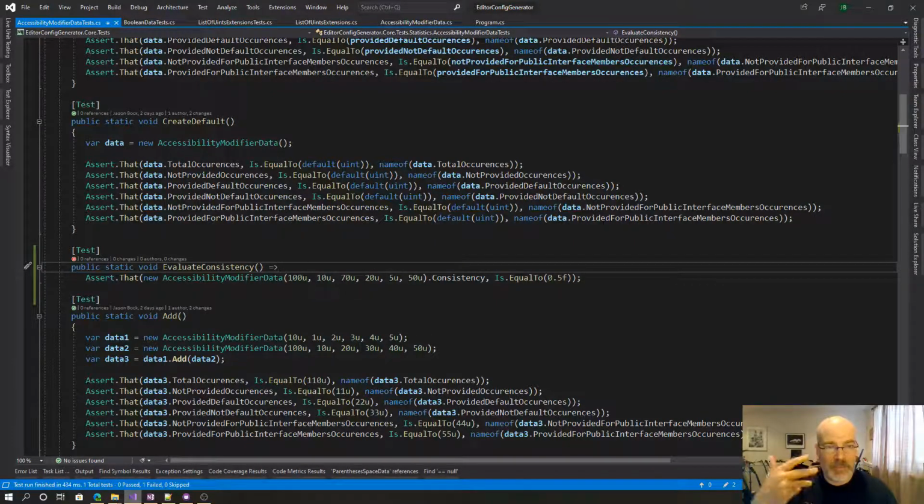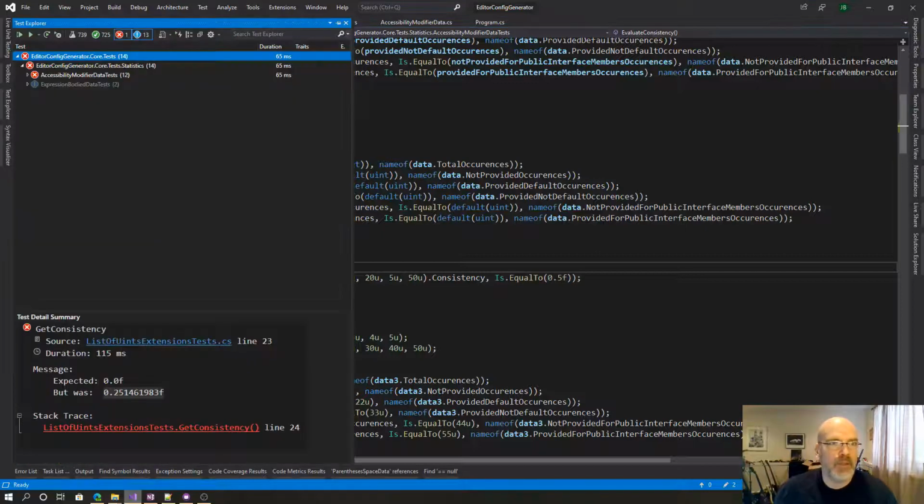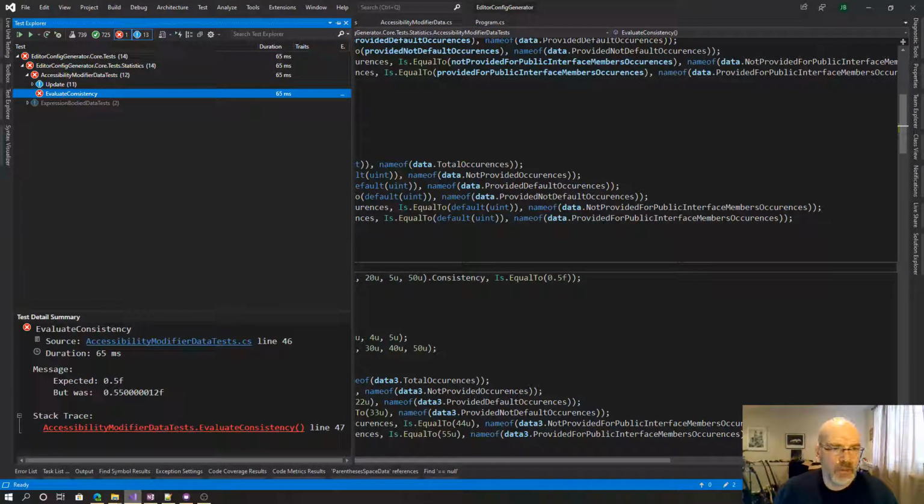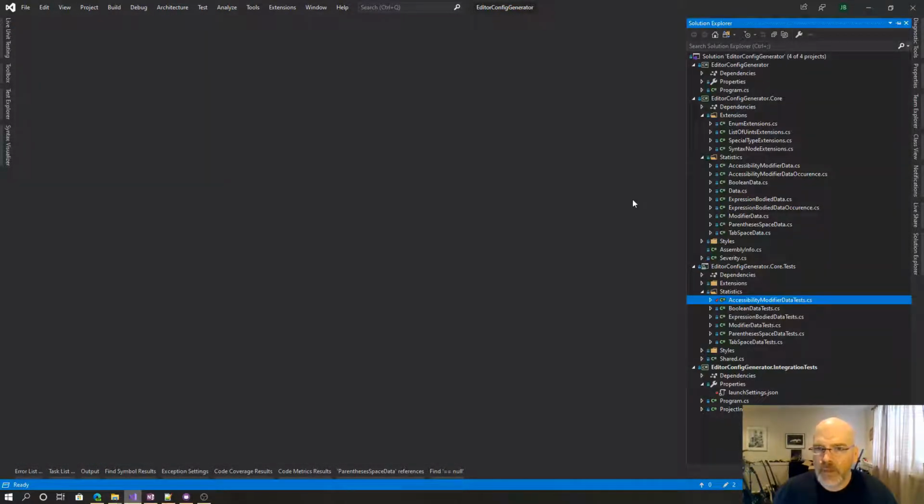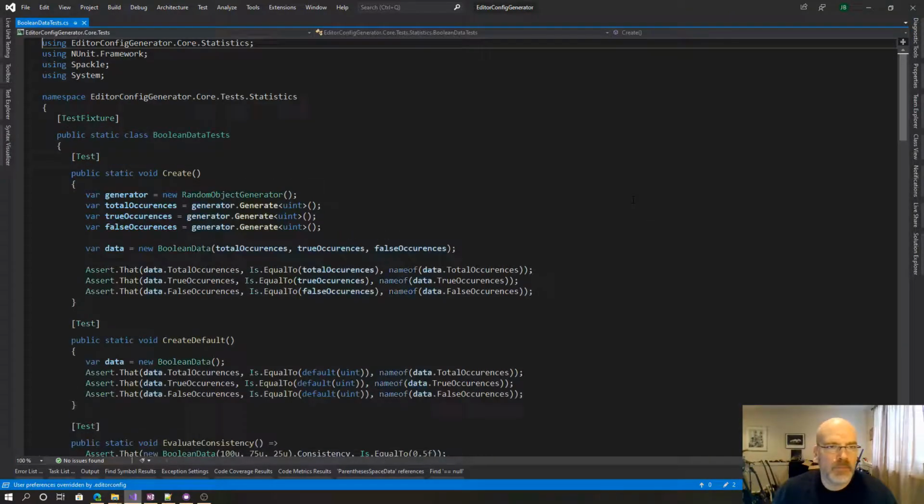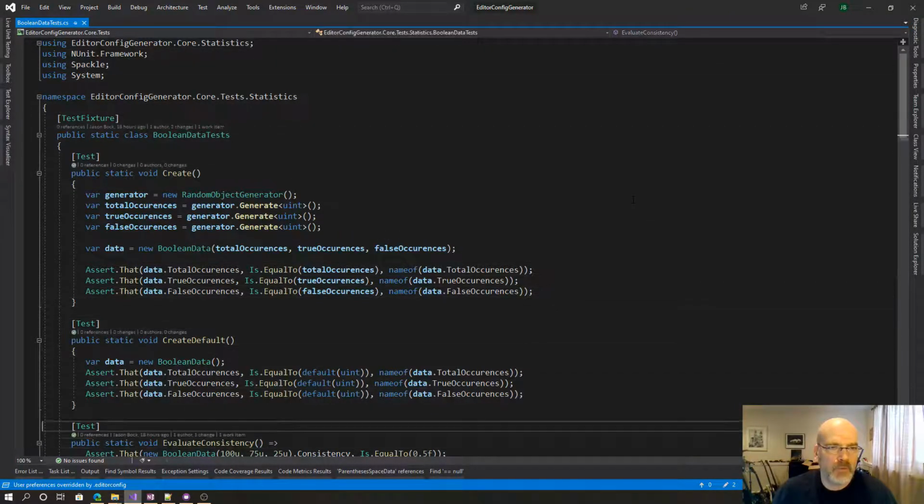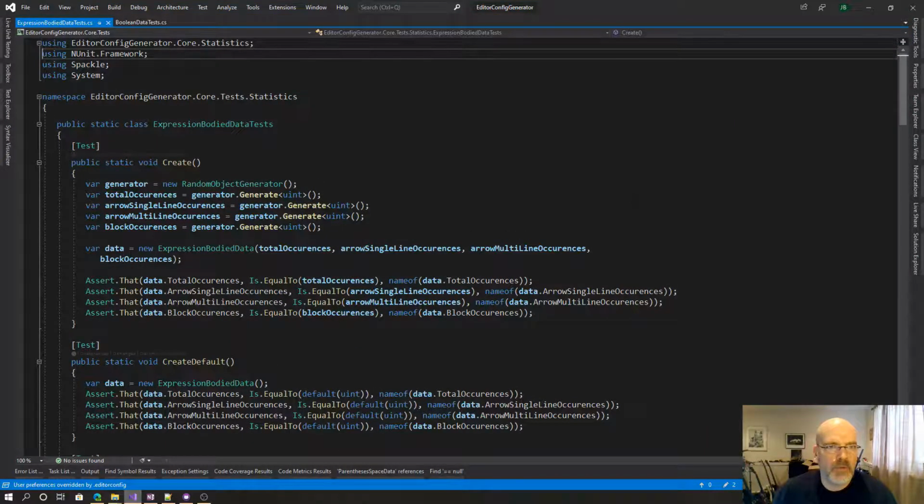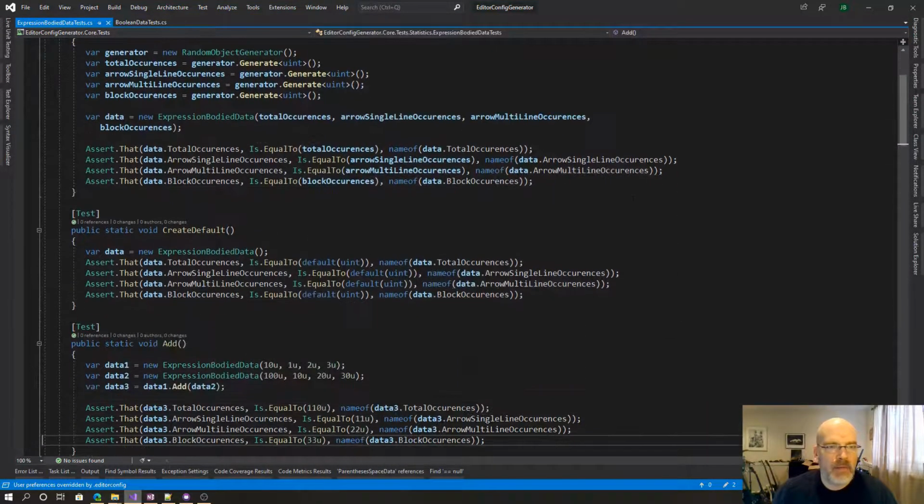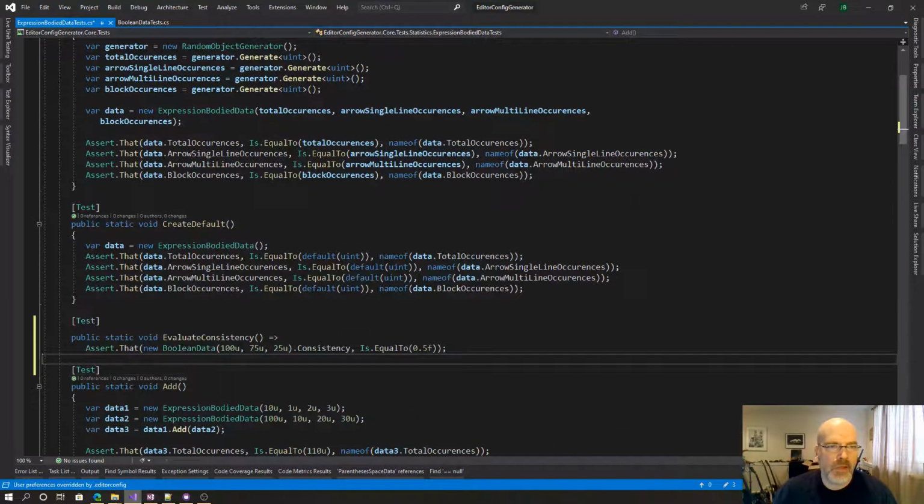And I should be calculating this in my head and going, well, what is it actually? Okay. So we did that one. We did this one. Expression body data tests. So we want